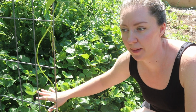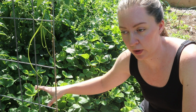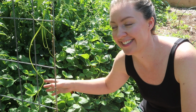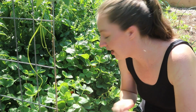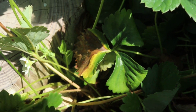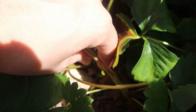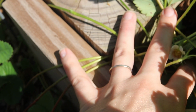So the way strawberries work, if you are new to strawberries, all of the plants that went in this spring are the mother plants. The mother plants, once they get established, will send off runners, or little baby strawberry plants, and I'm gonna show you that. In here, this is one strawberry plant right here. This one strawberry plant, as you can see, has sent off these 3 runners, which have trickled down the bed here,